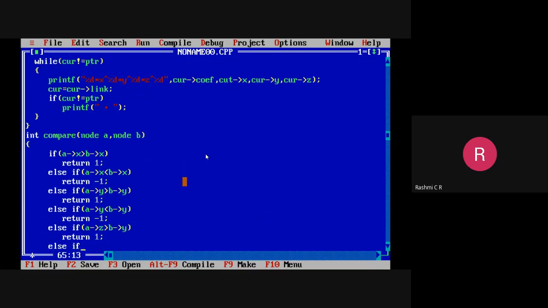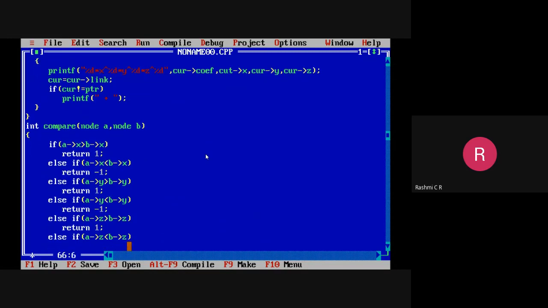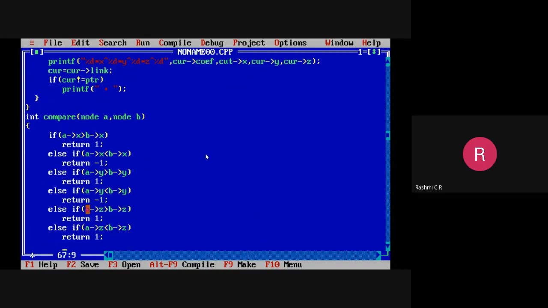Else if the z exponential in A is less than the z exponential in B, I missed it here only. So we have checked for x, y, and z. In that case, what do we have to return? Return -1.